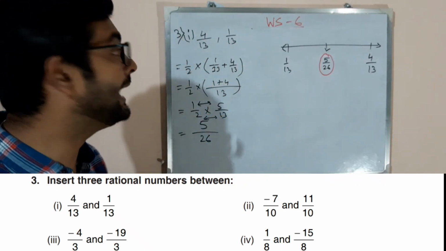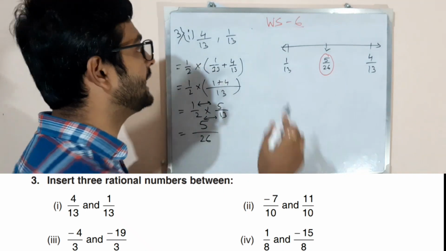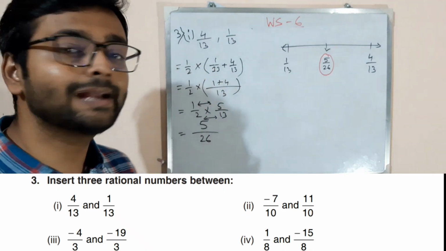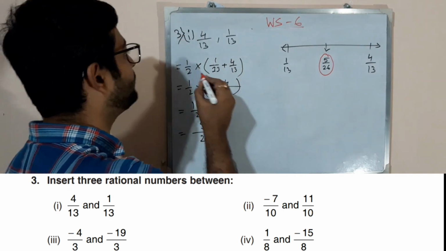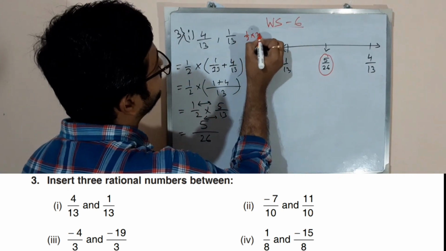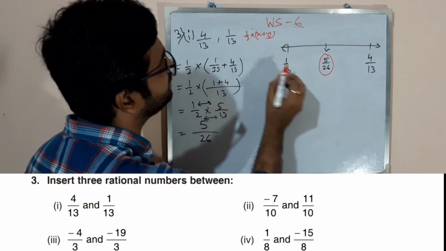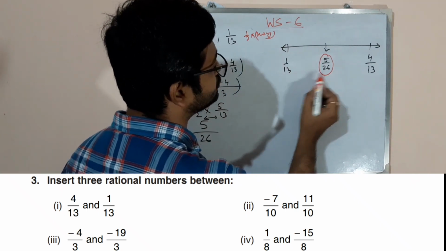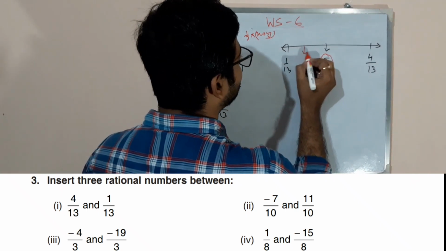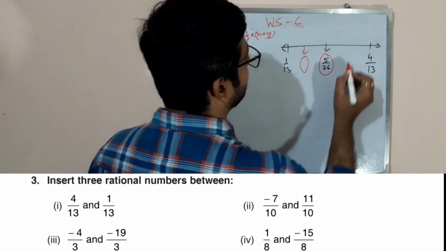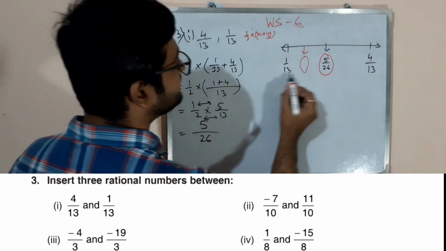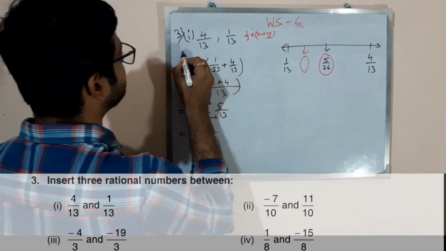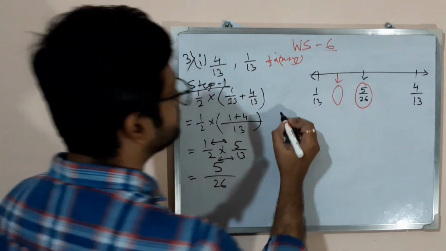Okay. Now they have asked for three rational numbers. So that one you have got. Now next, what to do? In between the two, if you find again with the same process, that half into x plus y, this formula again you will apply in between these two rational numbers. You will get another rational number. Okay, so let's find this rational number. What to do? This and this we have to find. This is step 1. Now step 2.